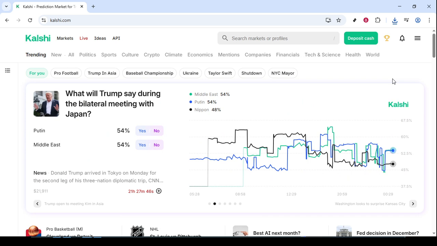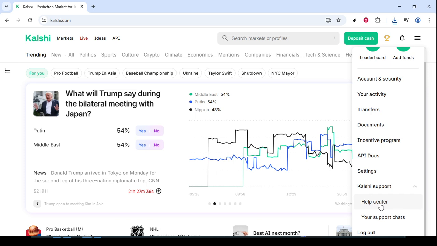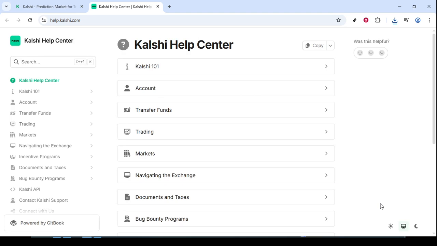Once you're there, look for the support section. It's typically visible on the main page and is your first port of call when dealing with any issues or technical difficulties. After locating the support tab, click on it to proceed to the Help Center. The Help Center is essentially a treasure trove of information designed to guide users like you through any troubleshooting processes that may be necessary. It's essential to familiarize yourself with this area as it will aid you greatly throughout this